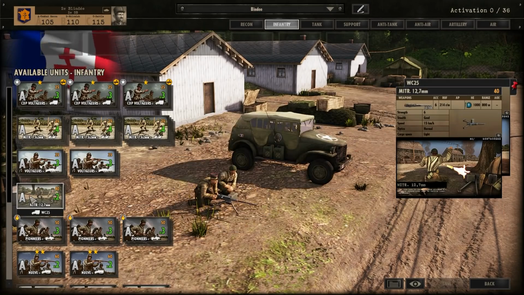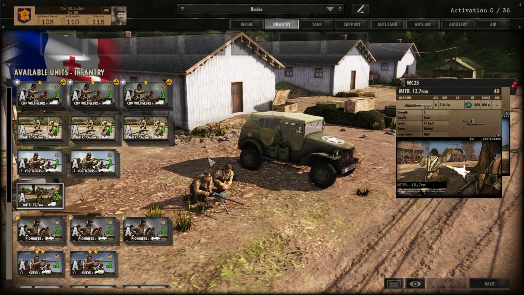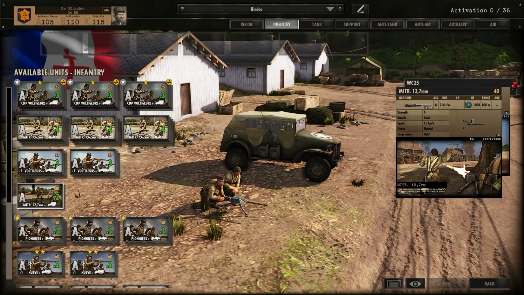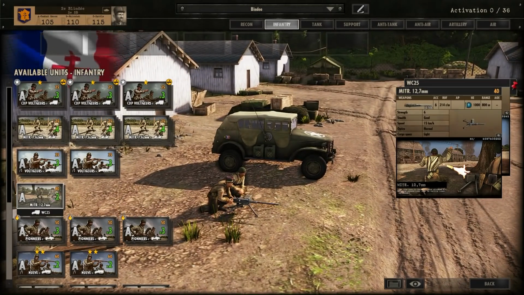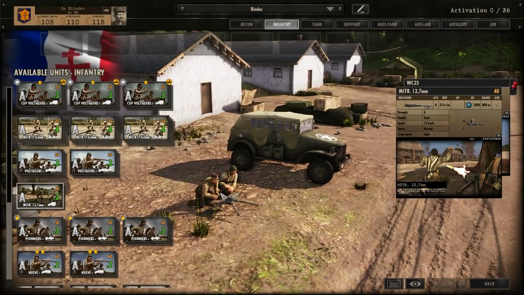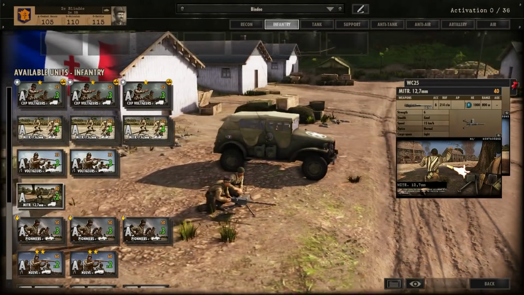Then we've got these things, the MITRs. They've got 12.7 mil, so the 50 cal. I'm wondering if these can actually shoot at aircraft, whether they can shoot at aircraft from the buildings as well. If they can, they're going to be extremely useful. You only get 2 of them in A, but certainly just to give you that bit of aircraft suppression,